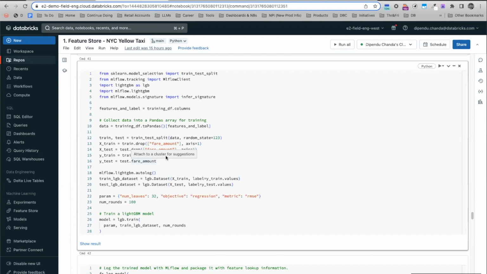You don't have to manually log all the parameters or metrics. Right, the params are the parameters that I triggered my LightGBM model with, passing this set of custom parameters as well as my training data set,